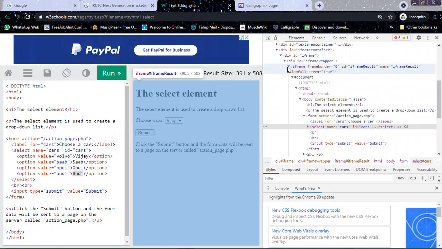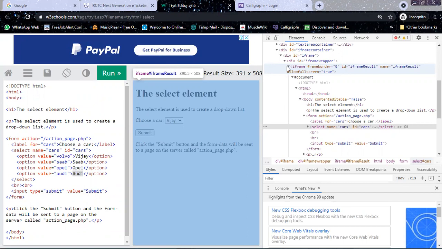This is not there in the earlier HTML. It is there from HTML5 onward. Even your select drop down was not there earlier. The select tag was coming very recently. So whenever you are accessing these applications, if you have anything like frame or iframe, you have to switch to the frame. We'll discuss it as a separate topic altogether. For now, what you need to understand is there is something like a frame which is hiding that particular element. Right now, you need to switch to the frame.